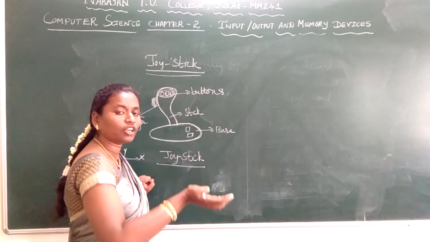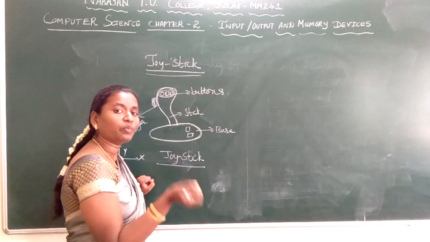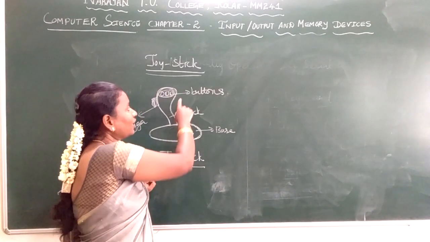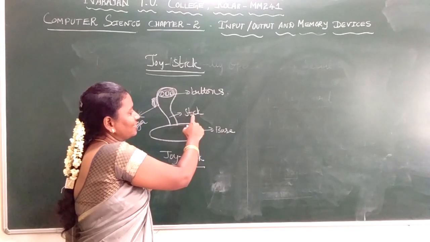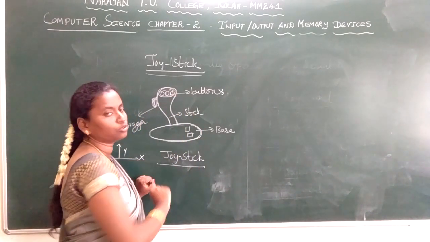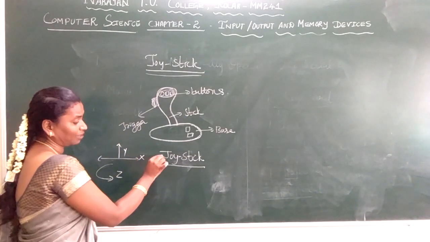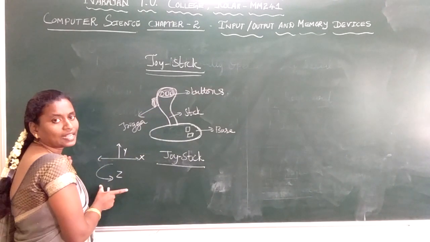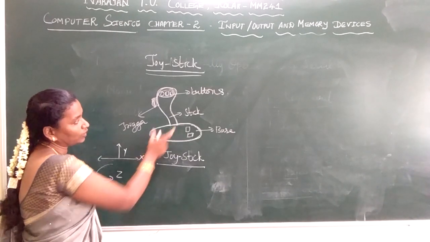In underwater unmanned vehicles, there won't be human beings. So the unmanned vehicles are controlled by using joysticks. In a joystick, I can call this the stick and this the base. The stick is pivoted on the base. This lever type is used to control the directions, in all the directions. You can move the stick in the x-axis, y-axis and z-axis. We can change the angles, and we can change the directions with the help of the stick.